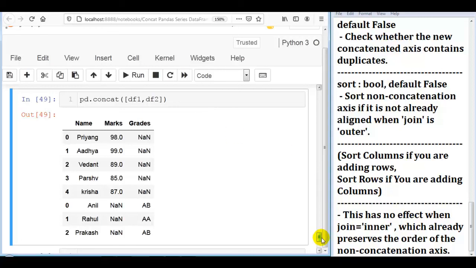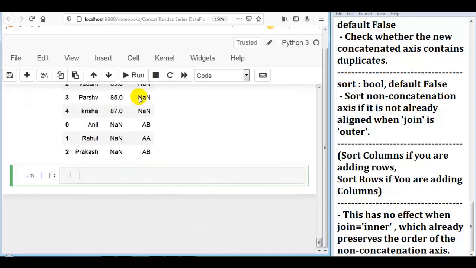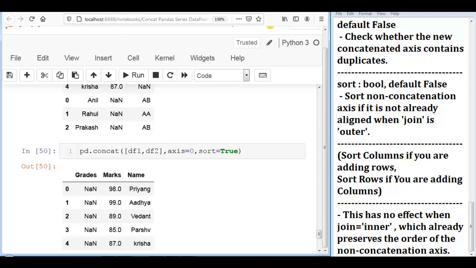So now let me show you this practically. For that we have to write pd.concat, our df1 comma df2. By default, whether we mention it or not, axis is equal to 0. So let me pass it explicitly. Then sort equal to true. So let me execute this cell.